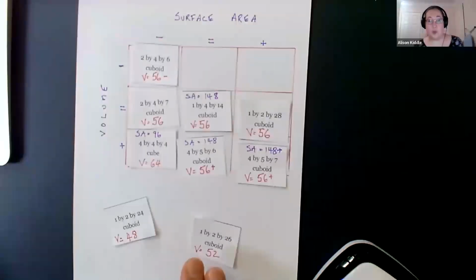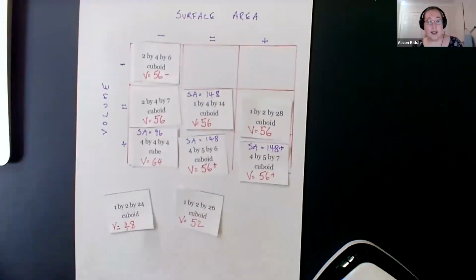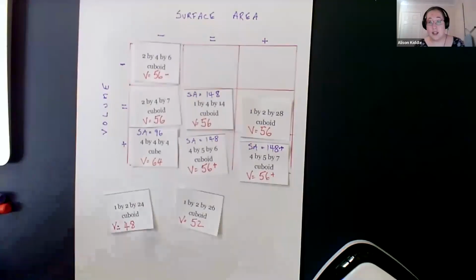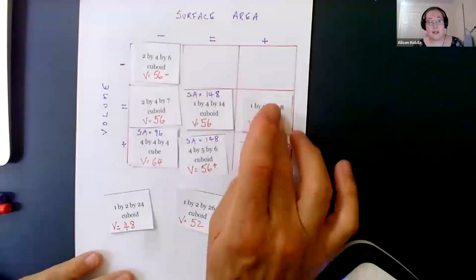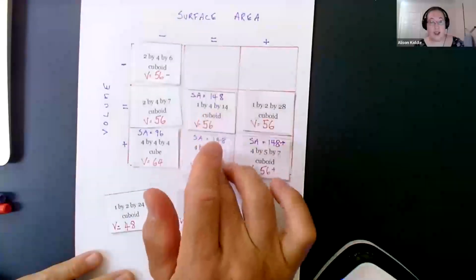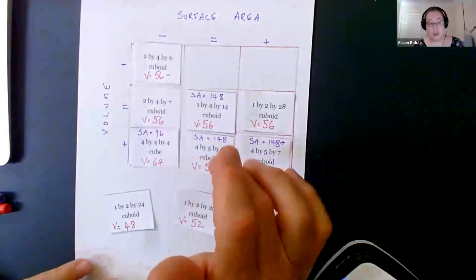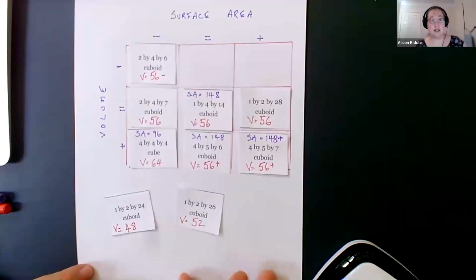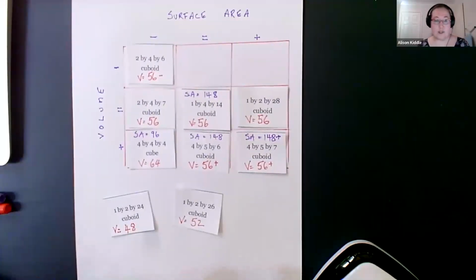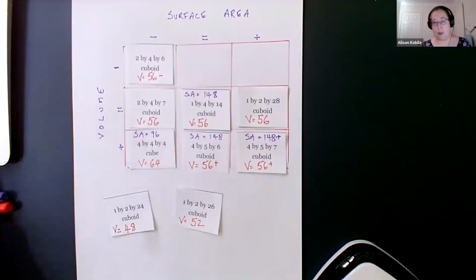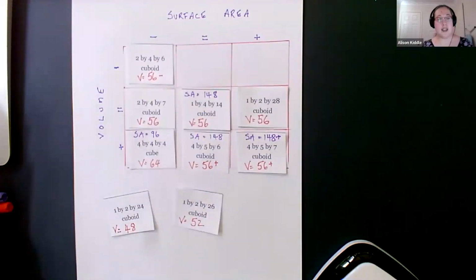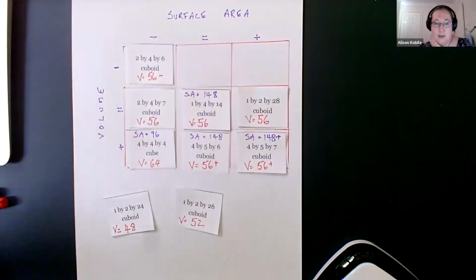I think a lot of students would want to work this out by just working out all of the volumes and all of the surface areas and arranging them on the grid. But I'm absolutely fine with that, because that turns it into a purposeful practice activity where over the course of the academic year, I want them to do some practice in finding volumes and surface areas. And if I get them to practice that during some problem solving, then not only are they getting the benefits of the practice, but also the benefits of problem solving